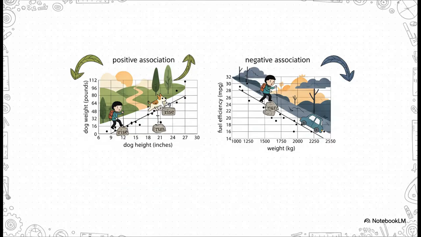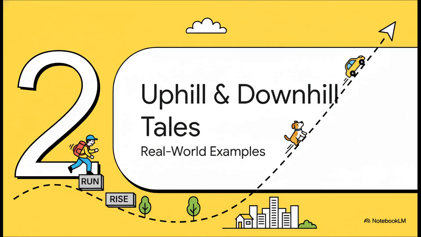You know, our hiker's path can really only tell two kinds of stories. Over on the left, you've got your classic uphill journey. We call that a positive slope. See how as the hiker moves forward, they're also climbing up? But on the right, it's the total opposite, a downhill journey. That's a negative slope. As they move forward, they're heading down. So now that we know about uphill and downhill tales,